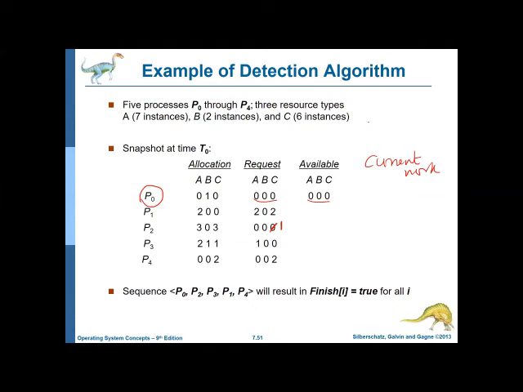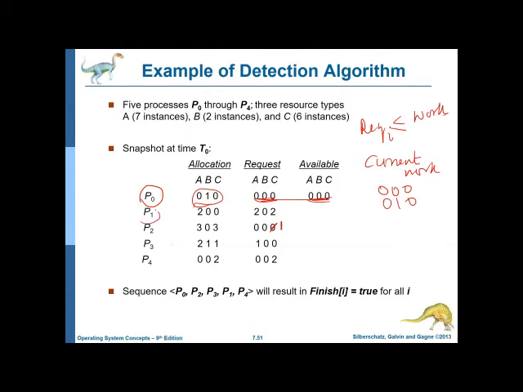So don't check that condition again and again because we already learned how to do it. We'll just check whether the request of the ith process is less than equal to work. If you're taking P0, you can see the request of this particular process is less than equal to what is currently available. Currently available is 000, right? So it is less. No problem. So it will release this thing to the memory pool. So now it becomes 010.